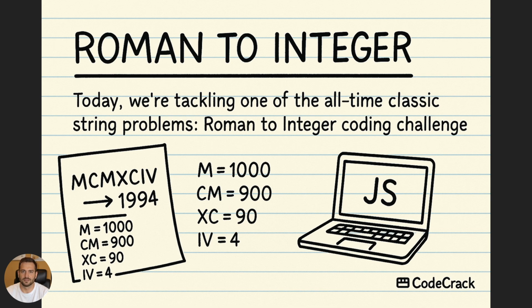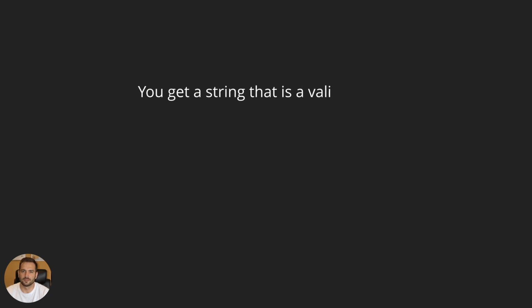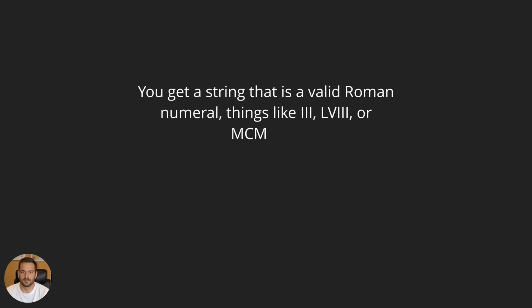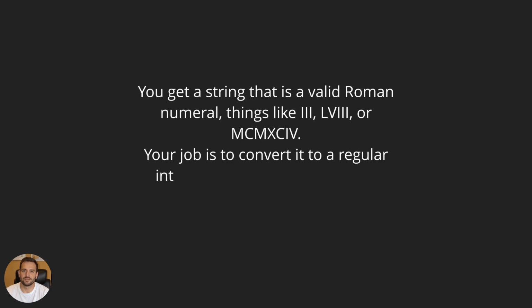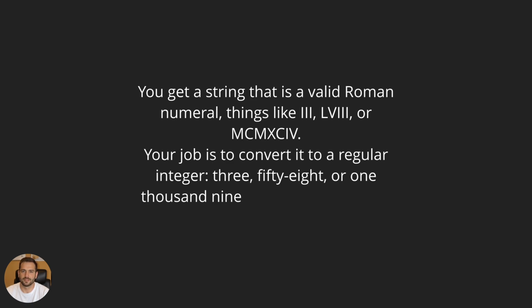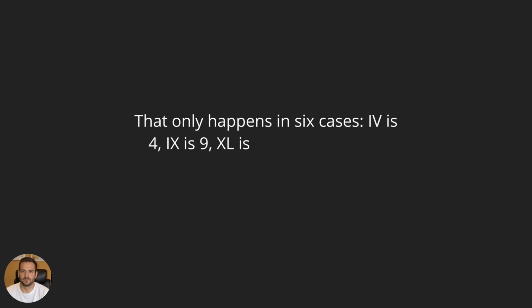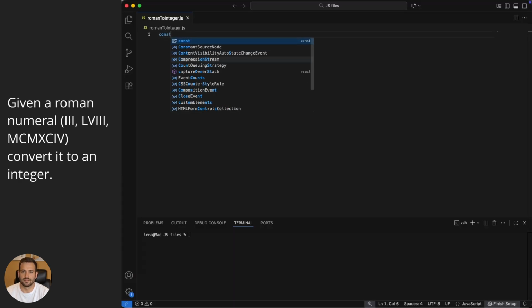Let's break it down in plain English first. You get a string that is a valid Roman numeral, things like III, LVIII, or MCMXCIV. Your job is to convert it to a regular integer: 3, 58, or 1994. Normally, we just add the values from left to right. But when a smaller symbol appears before a larger one, we subtract the smaller one instead. That only happens in 6 cases. IV is 4, IX is 9, XL is 40, XC is 90, CD is 400, CM is 900. Input is always valid, between 1 and